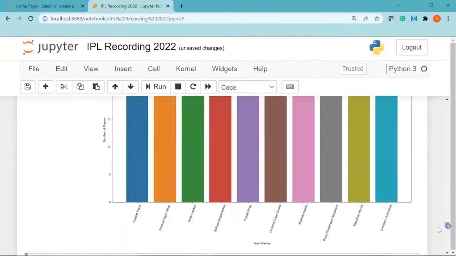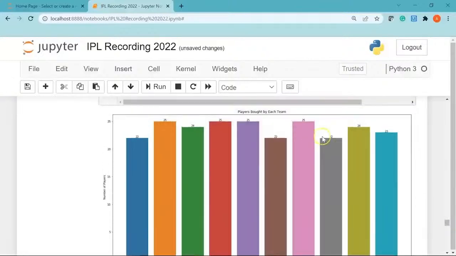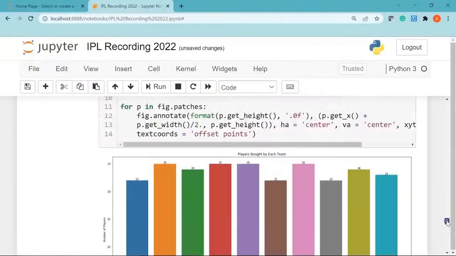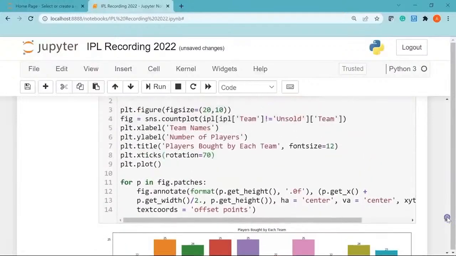If I scroll and see again, Royal Challengers Bangalore, or RCB, have 22 players in the team, and Rajasthan Royals and Sunrisers Hyderabad have 24 and 23 players respectively in their teams. Alright,